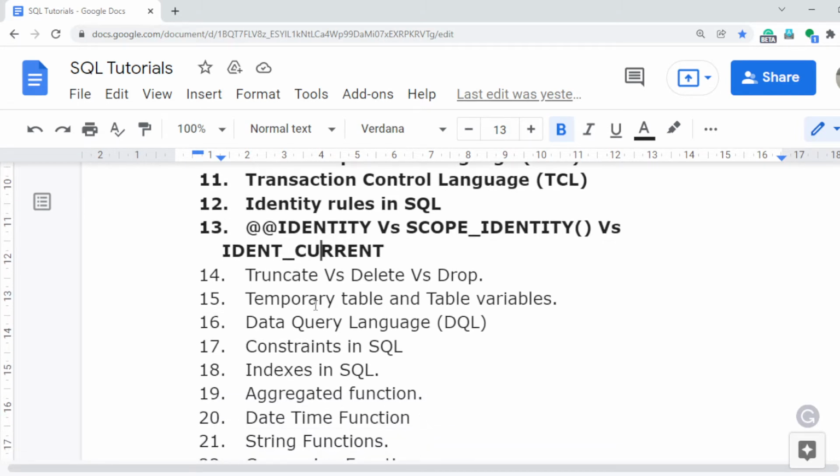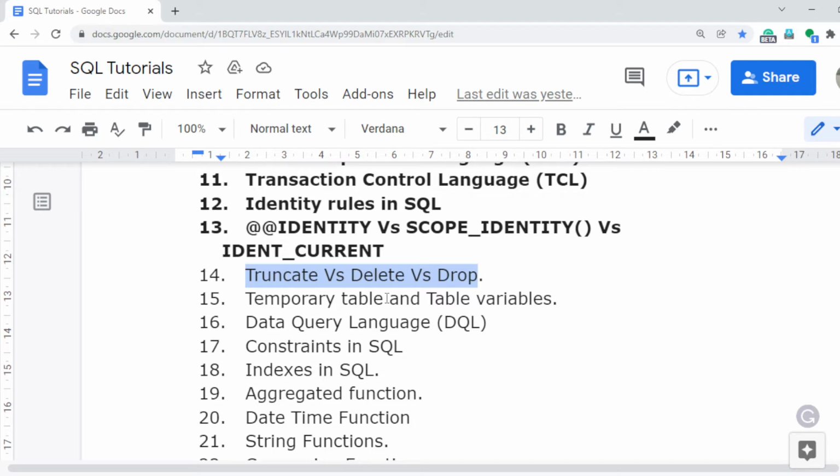In this video I will discuss the major difference between truncate, delete and drop. This is a very important interview question. If you attend any interview, they will definitely ask you the major difference between truncate, delete and drop. Some differences are common, and all developers can answer that we remove data using truncate or delete, and if we want to remove permanently, we use the drop statement.